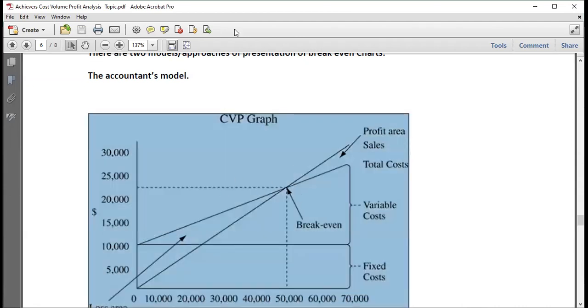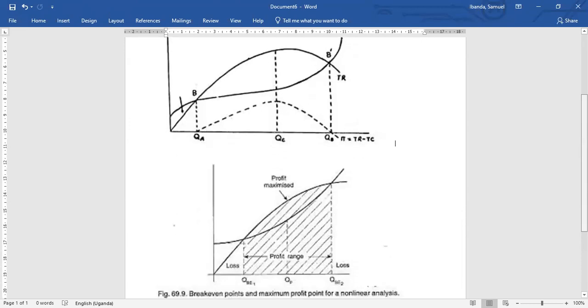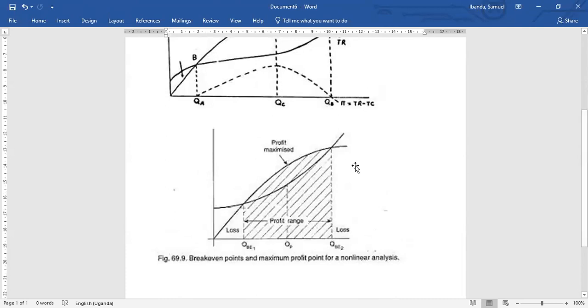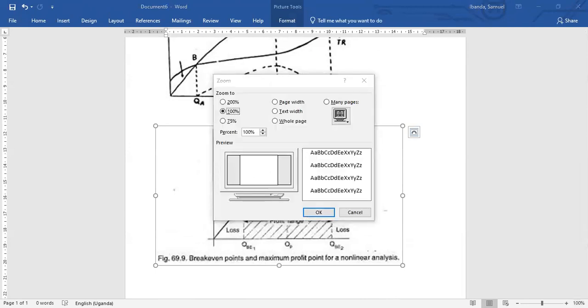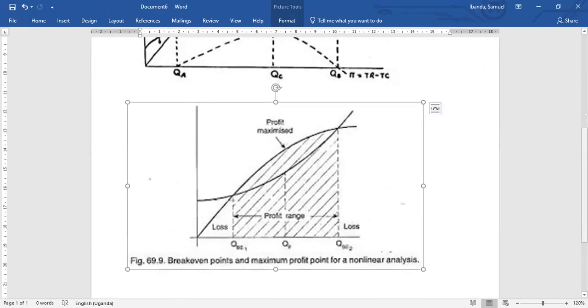I've just tried to explain this. I could give you a glimpse of how the economics model would look like for you to appreciate. Now, this is how the economics model looks. Maybe I would use this one down. I hope you can see this very well. Okay, so with the economics model,